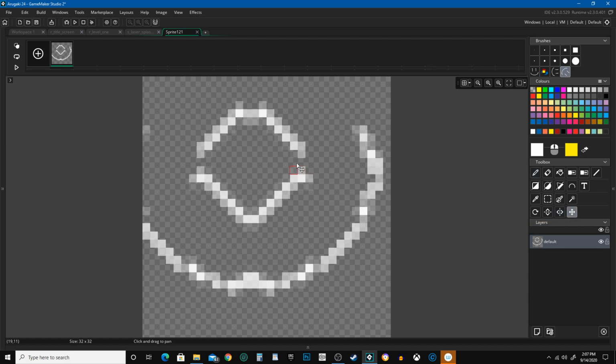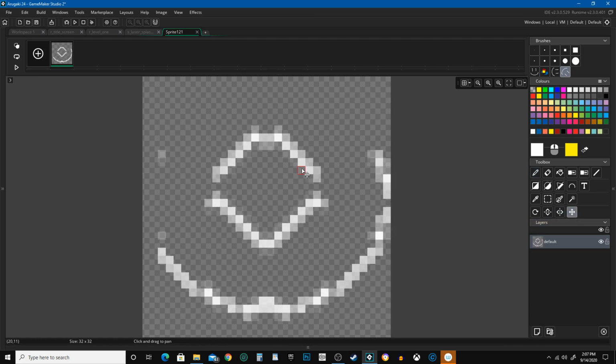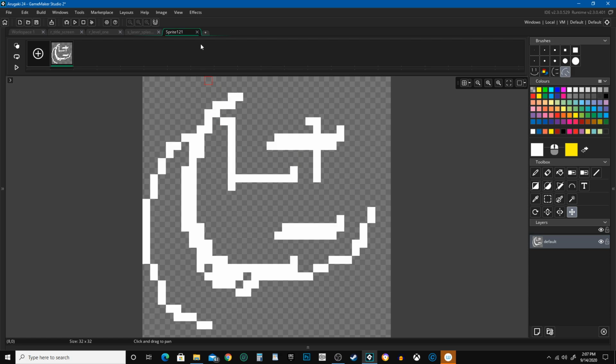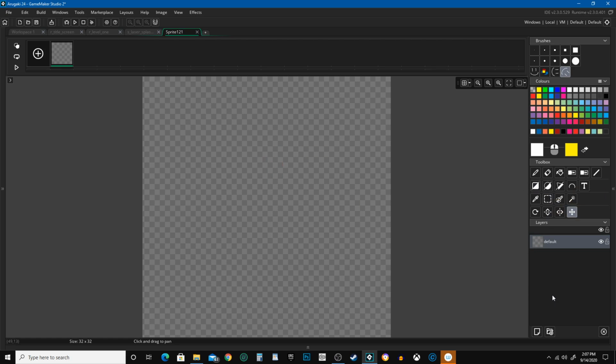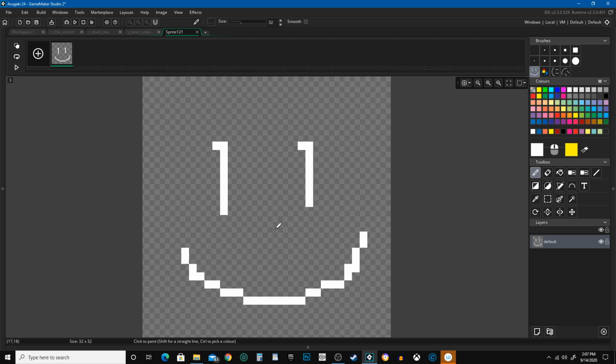And then this tool just grabs things and moves it around. And there you go. Oh, also, you've got a lot of layers too, which is interesting. You can do some cool stuff with the layers. So let's say I draw this beautiful smiley face, and I want to add on to it, but I'm afraid of having to erase or go over it or anything like that. I can add another layer,